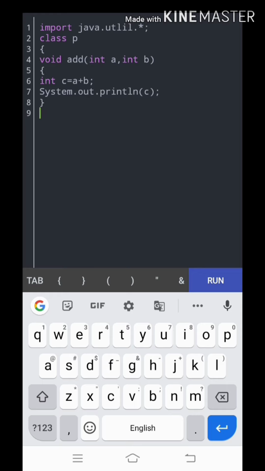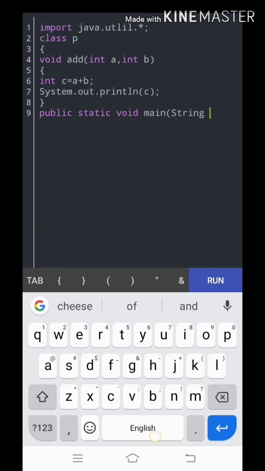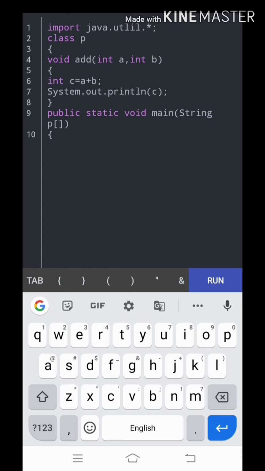I am going to take a main function as public static void main string p. Now inside, I am going to create an object for this class, p1 equal to new p.